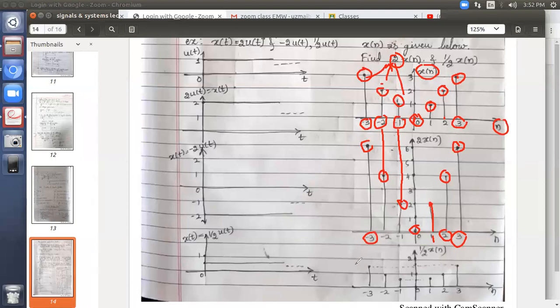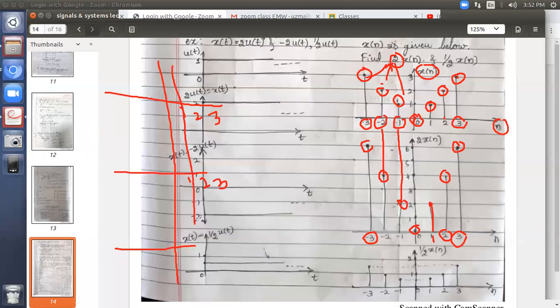Remember one thing: whenever you're solving problems in signals and systems, try to draw all the signals in a sequential manner, one below the other, somewhat like this. First signal is here, second signal, third signal. Why? Whenever you are performing any operations, if I mark 1, 2, 3 like this, and I mark 1, 2, 3 here also for the second signal, all these should be aligned. They should be in one line. It will make your calculation work easier. You will not get wrong results.